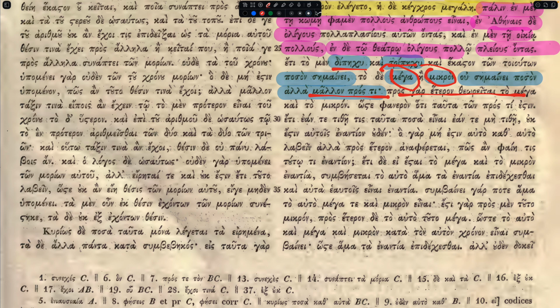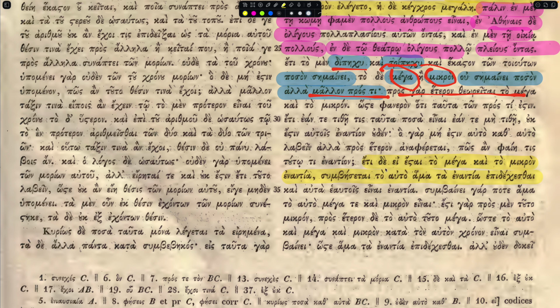Etiti estai to megakai to mikronenantia sumbe setai to auto hammata enantia epitekestai. Right, so I'll pause it here. This is like the most convincing argument in my opinion, the one that is the most satisfactory. So here he's saying, again, eti, if